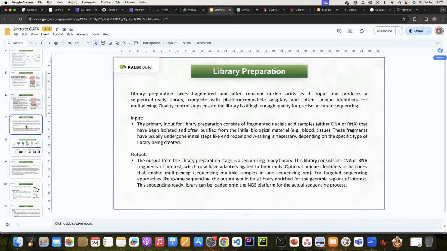Okay. So library preparation takes fragmented material or samples as input into the device, and then the device will produce a sequence-ready file that you can compute on. Okay. So at a very high level, you have to understand this. Otherwise, some terms you won't understand during your computation